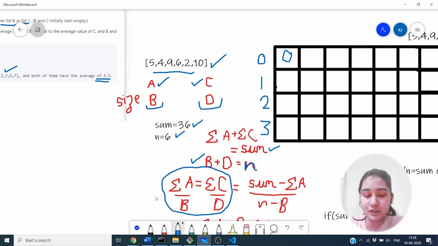So the sum of elements in A divided by the number of elements in A should be equal to the sum of elements in C divided by the number of elements in C. From the first equation we can derive the sum of C as sum minus the sum of A. So we replace the sum of C with this, and D with N minus B from the second equation.